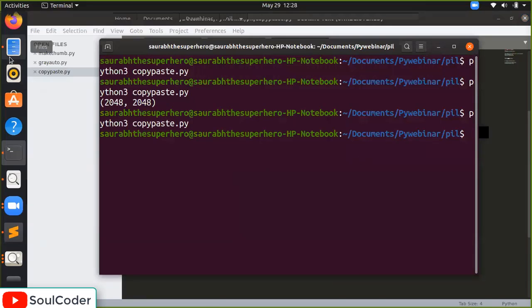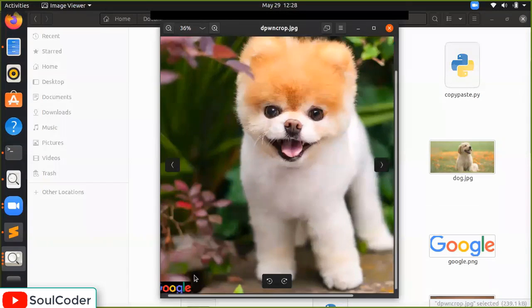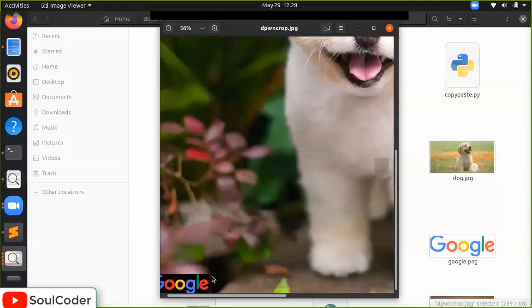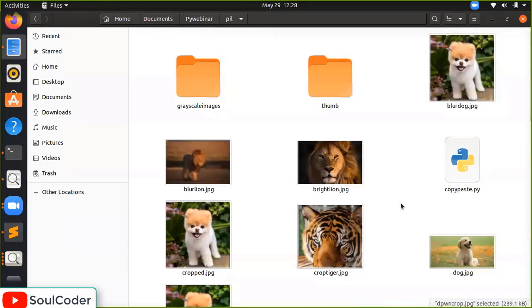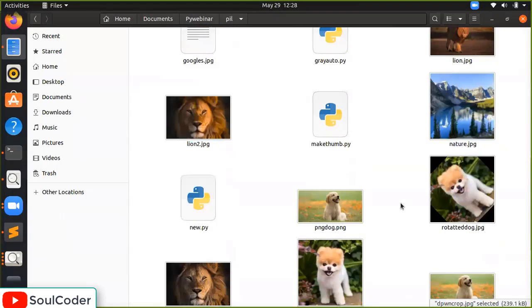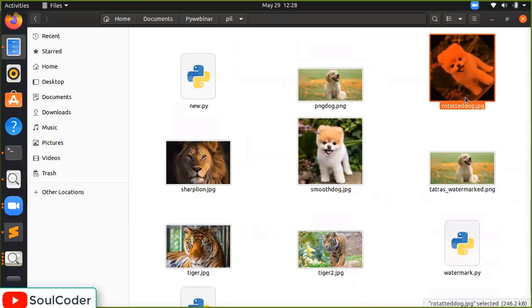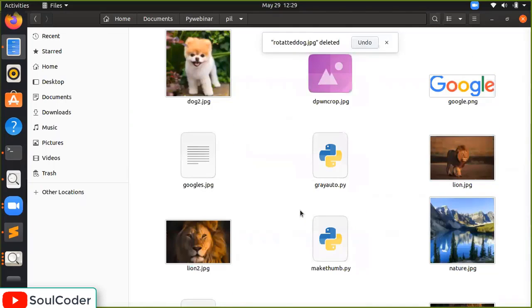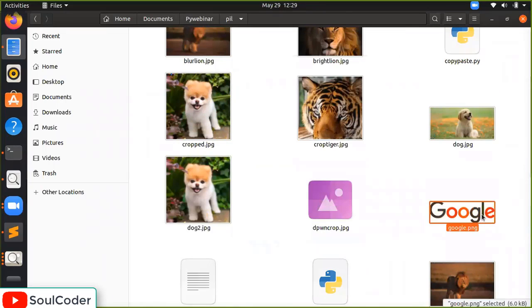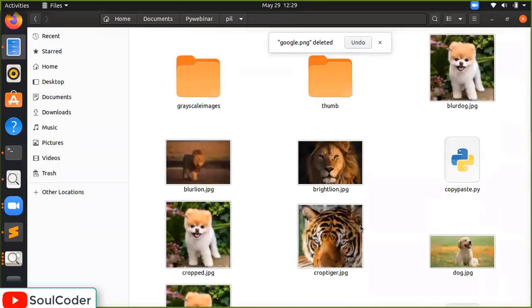So there is no error still. Let's see, this is our image. So we can see at the bottom location we have our Google icon. So we can also do it for multiple formats. I will again check our code to see why it doesn't work for multiple formats. I think maybe this may cause an error. So it deleted the different images over there. And this is Google PNG also. Yeah, I'm going to delete it. So I hope you now understand how to use that.